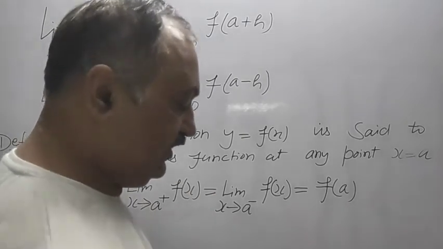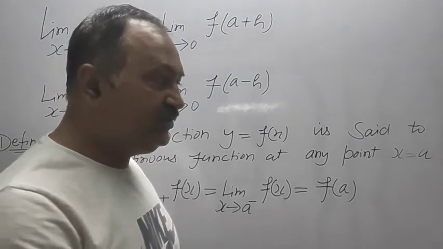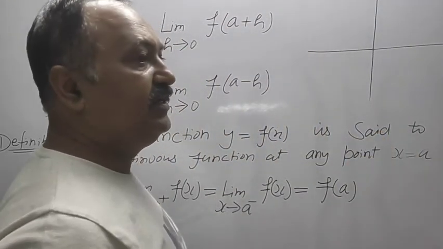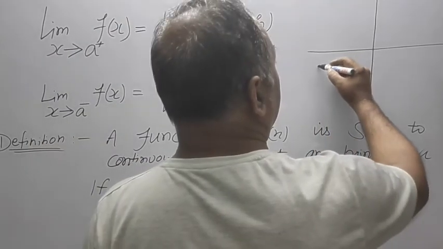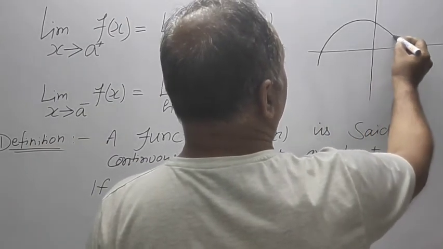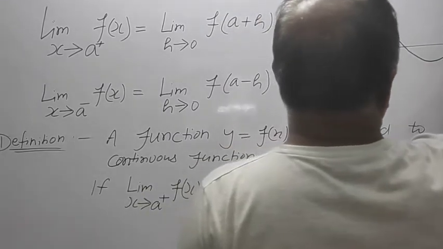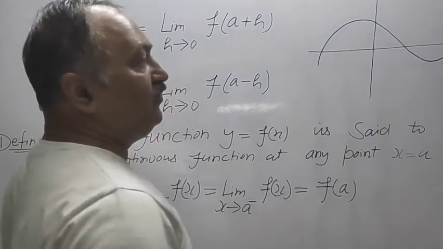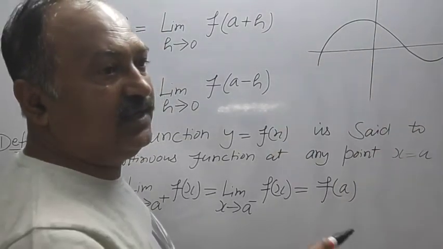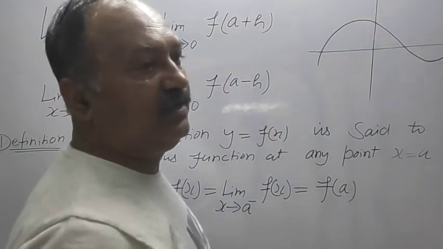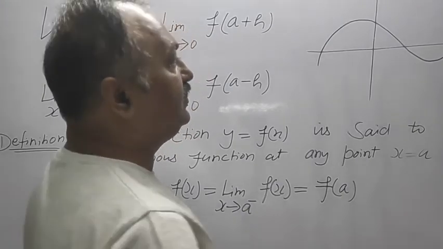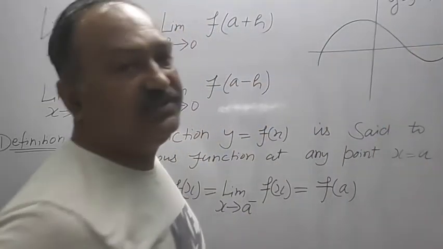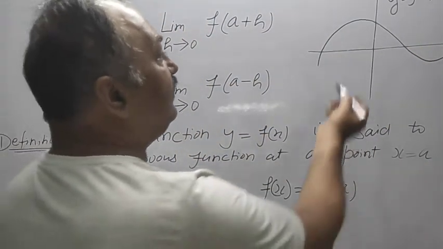In simple words, when we draw a graph of a function, this is x-axis, this is y-axis, and if there is no gap in the graph, यह हमारा जो मार्कर है वो उठे नहीं, कंटिन्यूस चला रहे, तो हम कहेंगे ये कंटिन्यूस फंक्शन है। y इज इक्वल टू f(x) इज ए कंटिन्यूस फंक्शन इन ए गिवन इंटरवल